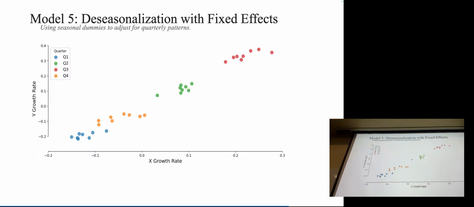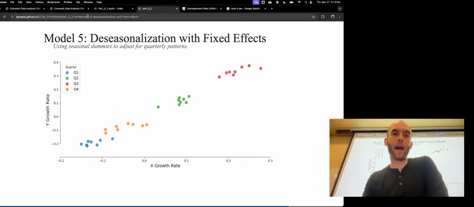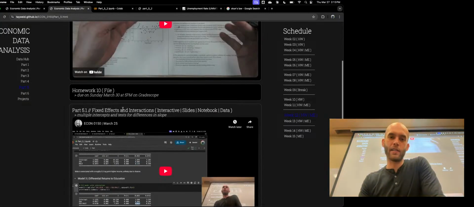So I have this picture here. I have 4 quarters of data. And when you see this picture, you're thinking, okay, I'm going to draw a line. If I'm trying to predict our y variable with our x variable, I draw a line through this data, through all of these points, and that line will look something like this. Right? That's just a model with only one intercept and only one slope. As we do this, I want you to think back to what we did last class with